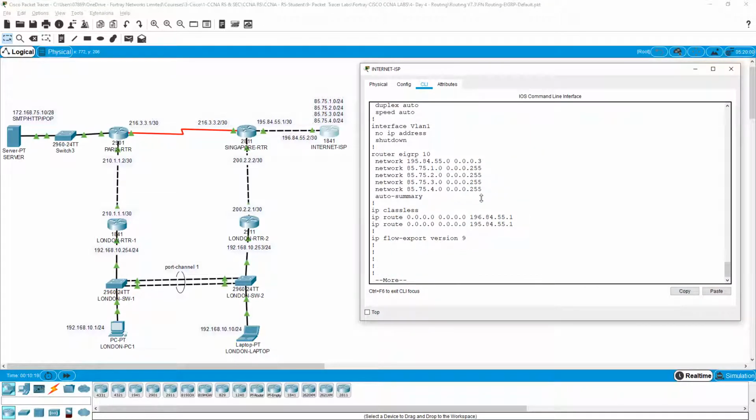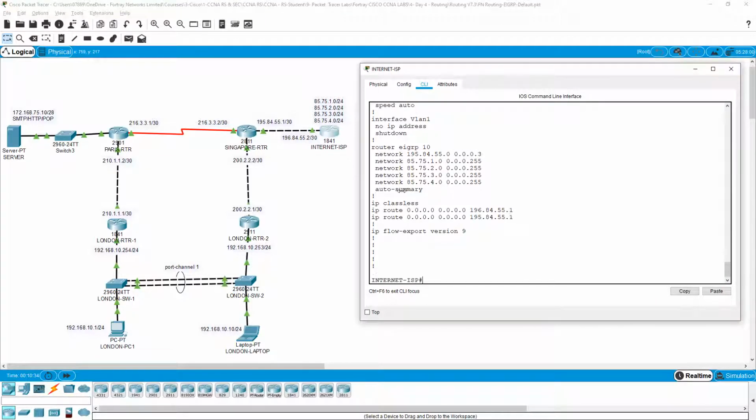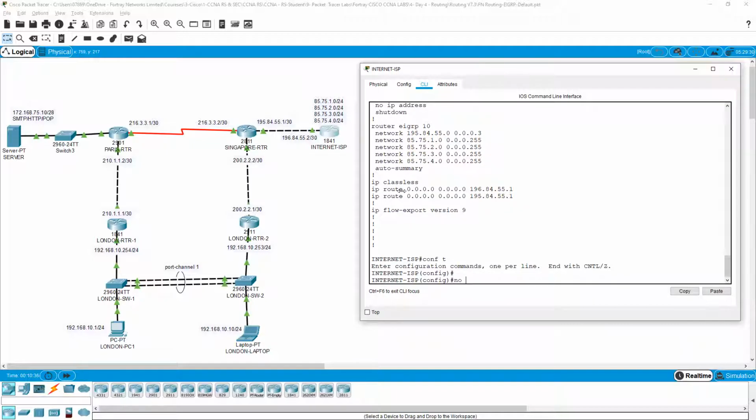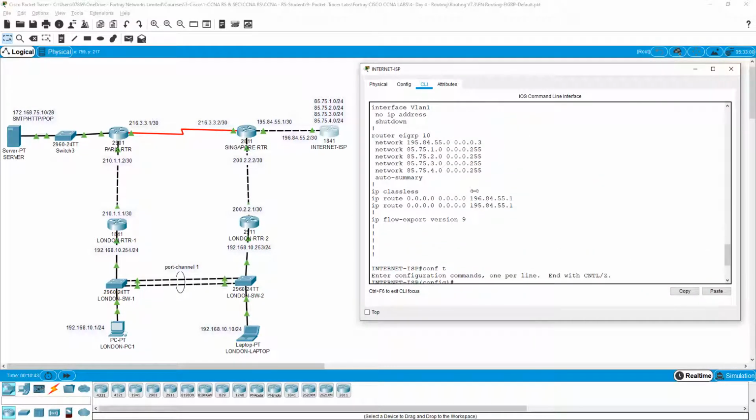You can see this because on this operating system we have auto summary enabled, and that is why we are getting the route only for this route. If you want to get the real routes on the other side, you need to do router EIGRP 10, no auto-summary. Because auto summary is enabled on this router, which is a 1841, that is why I'm not advertising all these routes.